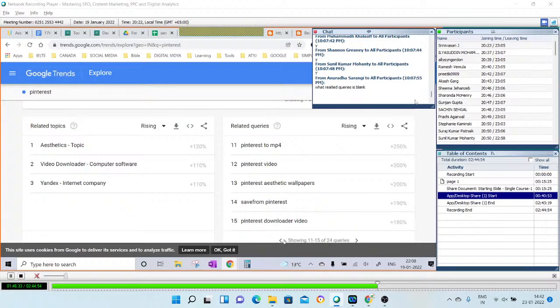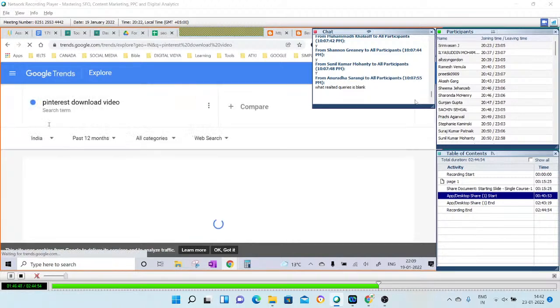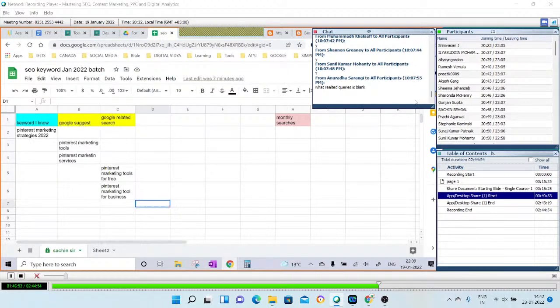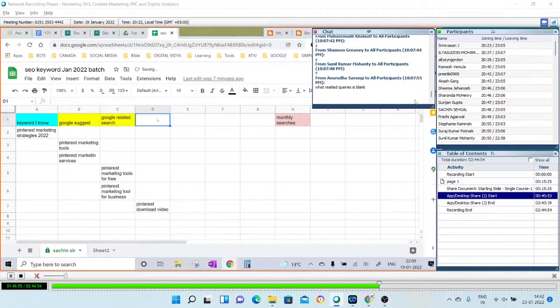Now, one more important factor. Maybe I will not use this in my main title. I'm emphasizing this part, please pay attention. Maybe I'm not going to use this as a main title. So what I would do, I will use it, let me just put it here. So this is coming from Google Trends. But what I would do is put a remark. I'm going to put a remark section here. I'm going to make it a subtitle.